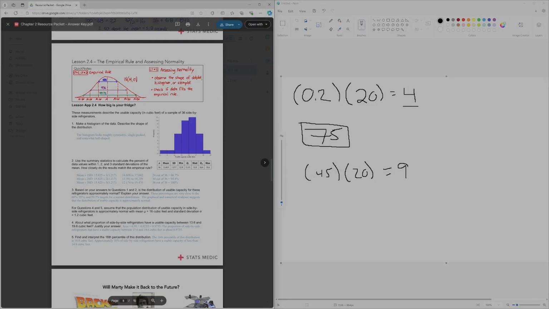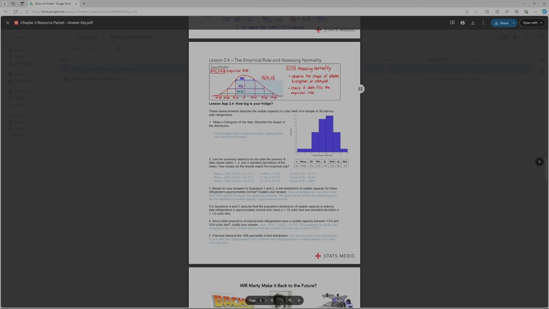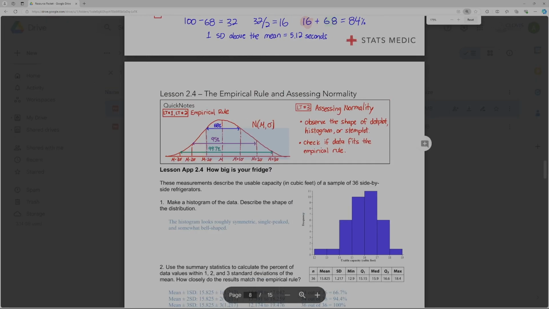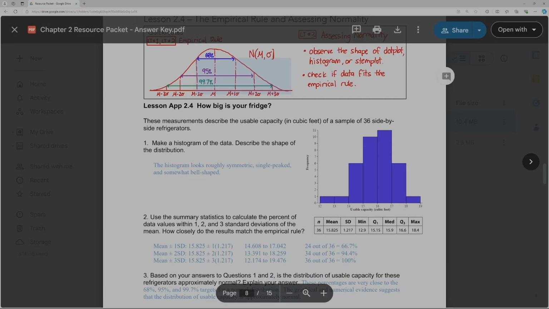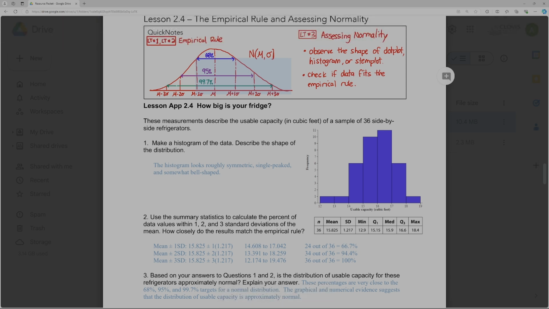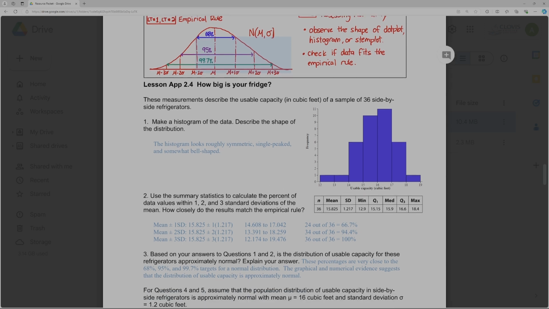This one is worth a lot of points. So trying to say if the distribution is approximately normal, you need to do a bell curve, similar to how they did up here with the curve. Let's go ahead and zoom in. And then you have to do the 68 is between 1 standard deviation, 95 is within 2, and 99.7 is within 3. So like in this particular problem right here,